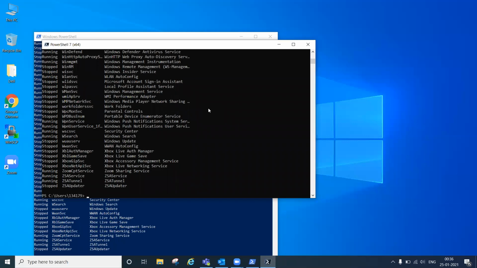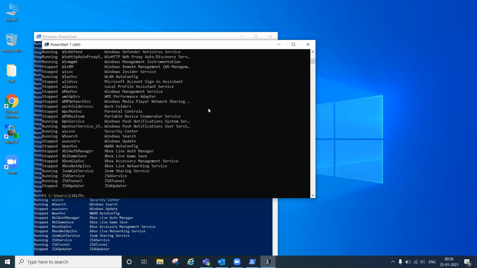So PowerShell Core is the newer version of PowerShell that allows us to run commands and scripts on multiple platforms. So that's where PowerShell Core differs from PowerShell. PowerShell Core can run on multiple platforms. So these are the two command line interfaces.